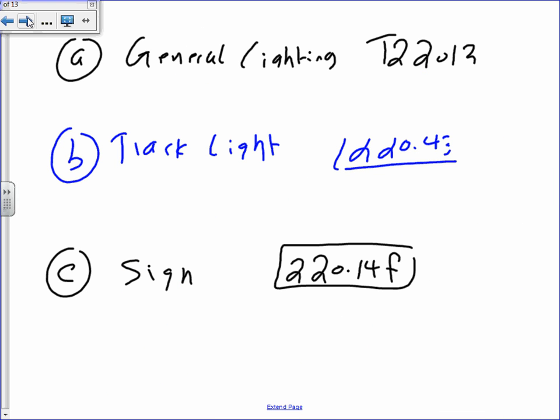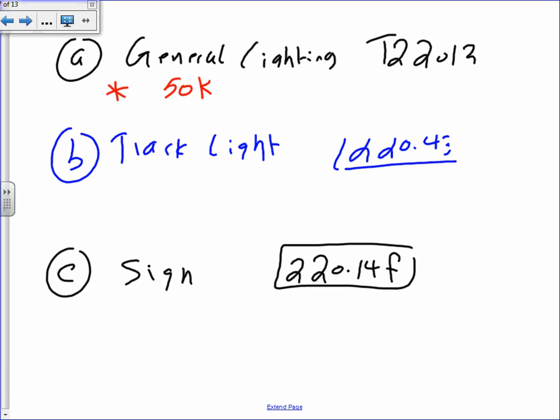So the first thing is general lighting. We're gonna do general lighting, guys. Okay, so let's go ahead and do the first calculation. It's gonna be my general lighting. I'm gonna use color. Which one is better for you to see? Is red good? Red is good. Okay. All right. So the first calculation is I have